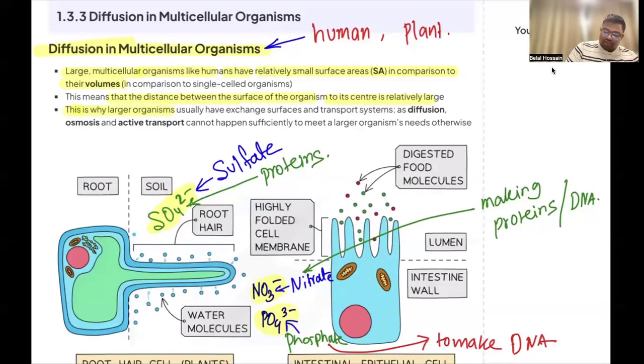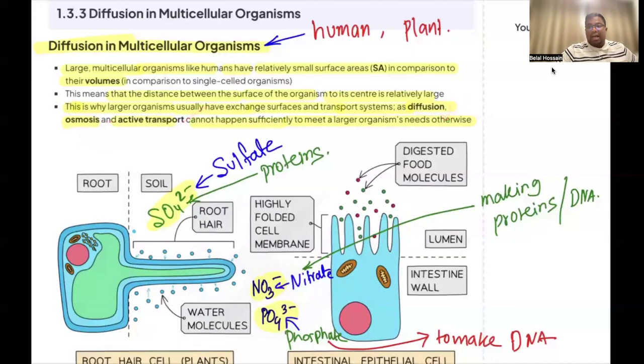This is why larger organisms usually have exchange surfaces and transport systems, as diffusion, osmosis, and active transport cannot happen sufficiently to meet a larger organism's need otherwise. Meaning our body is so large that we need special surfaces where diffusion will take place. Otherwise, only diffusion, only osmosis, only active transport alone for our entire body will not be enough to meet the